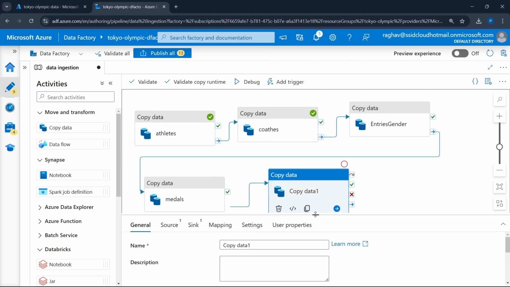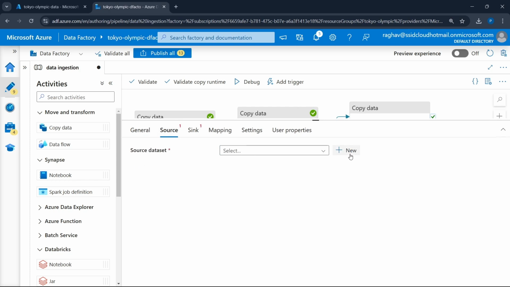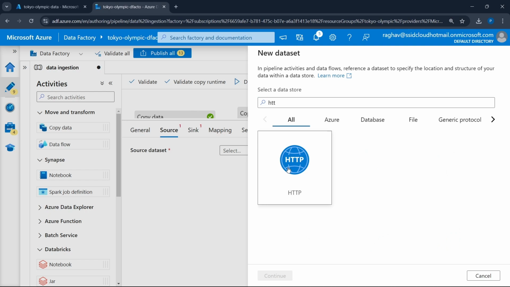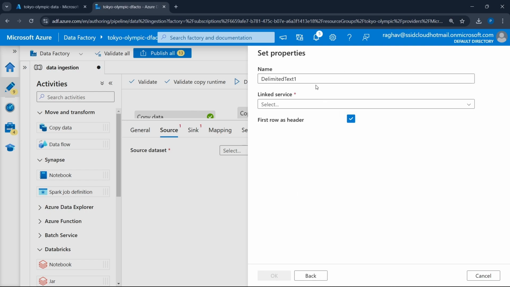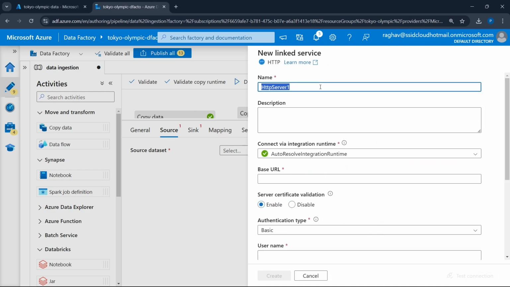Let's say Teams source new HTTP, CSV continue. Let's give it Teams, select linked service, create new linked service, give this Teams